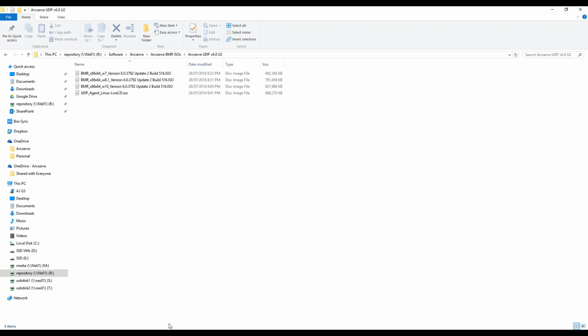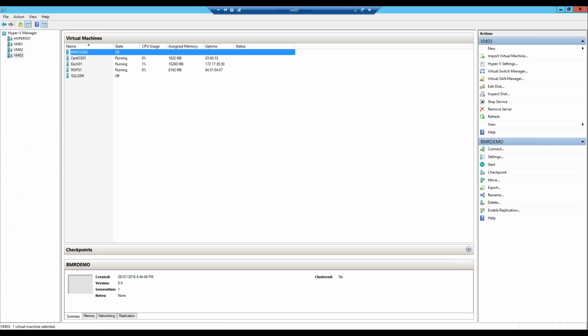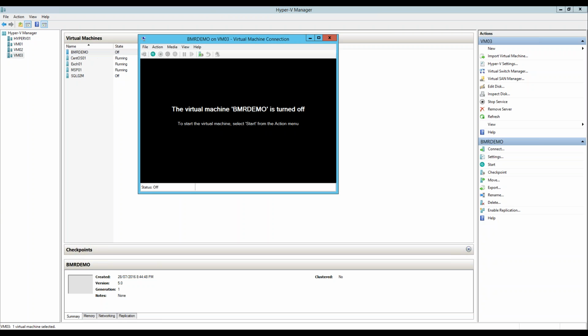Now, for the sake of this demonstration, I'm going to connect to a virtual machine. So I'm just going to open a remote desktop to a Hyper-V machine. Here I've already created a VM called BMR Demo, and if I open this up, I've already got the ISO mounted to this machine. So if I click on Start VM,